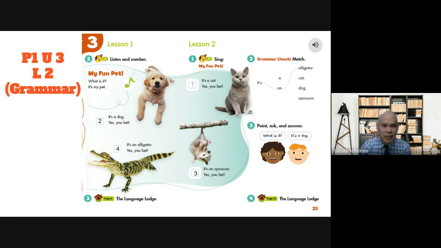So we have completed it. We heard the song about pets. The question is, what is it? It's my pet. Number one, it's a cat. Number two, it's a dog. Number three, it's an opossum. And number four, it's an alligator. Now